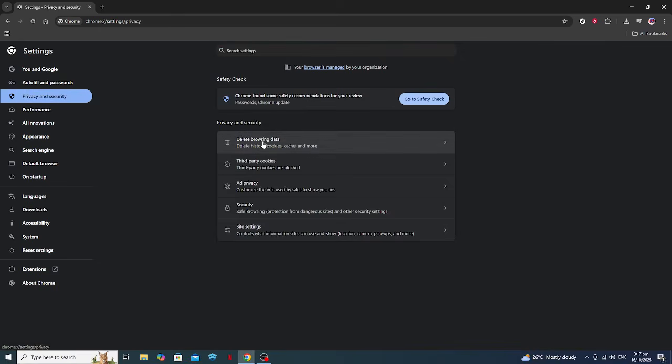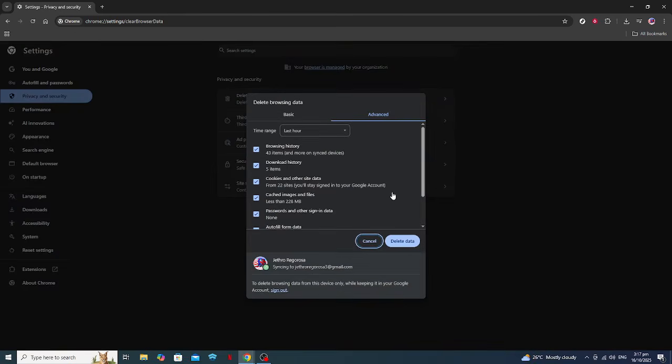Once there, you will see an option called Clear Browsing Data. Click on it. This option allows you to delete various types of browsing data. A window will pop up, giving you options to select what data you want to clear. Here, you will see a Basic and Advanced tab. Feel free to explore both, but for the context of deleting incognito history, focus on the data types listed in